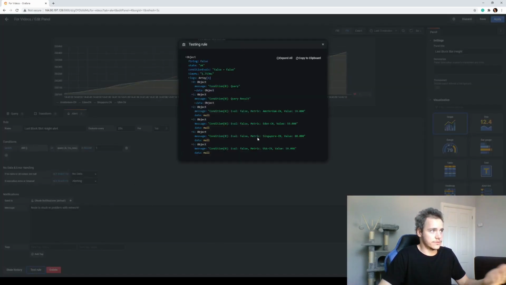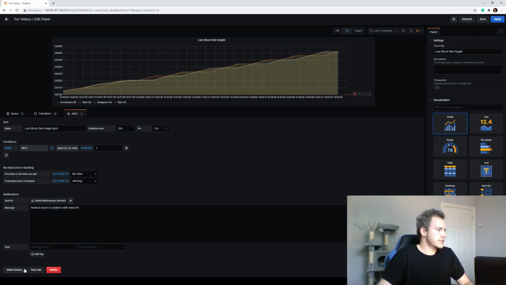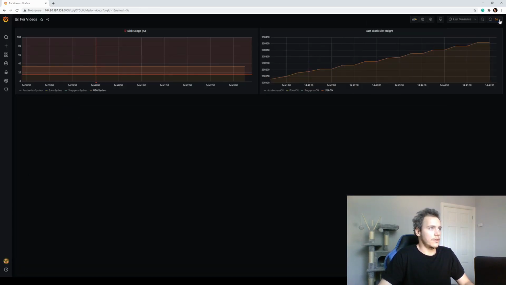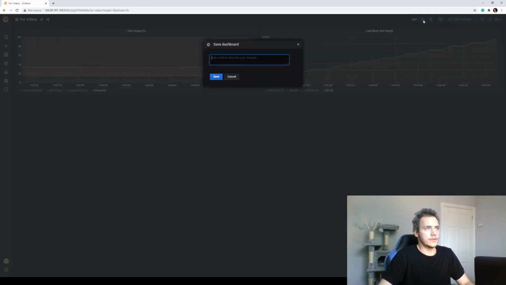We can test the rules, and it evaluates to false everywhere because the nodes are syncing and everything's fine with the network. You see the type of values we get, around 60. One slot is 1 second, so 1 minute is 60 seconds, 60 slots. It's going to be around that. And yeah, that's it. We just apply that and save the dashboard,